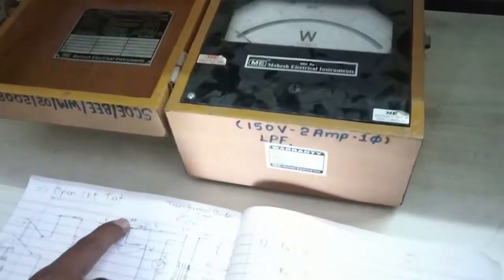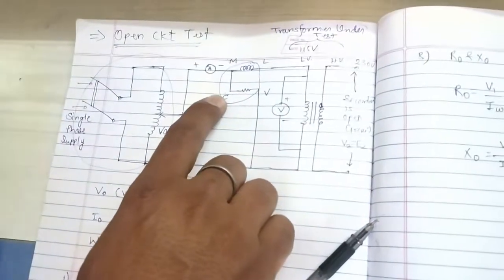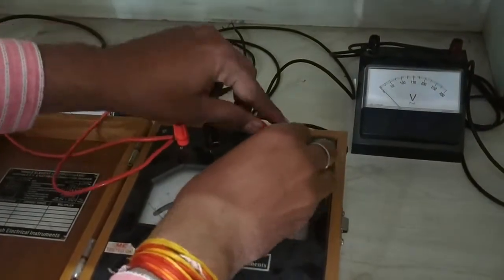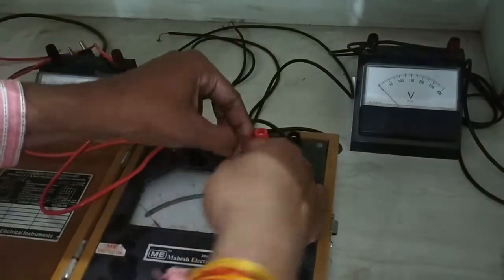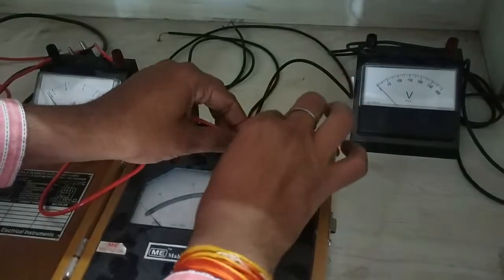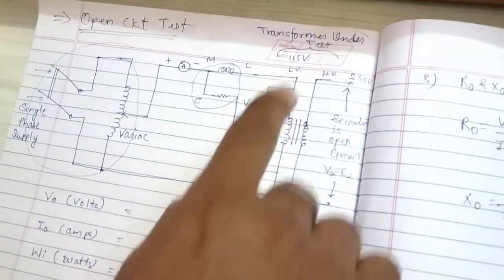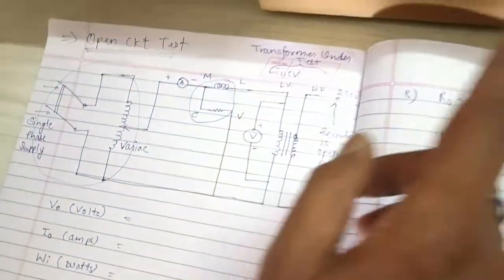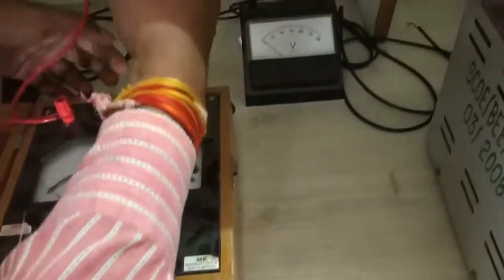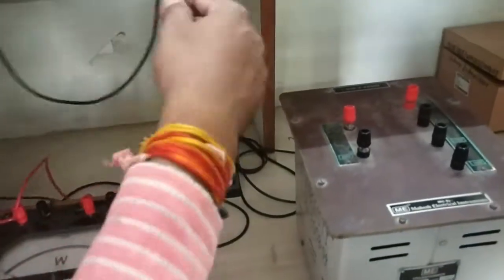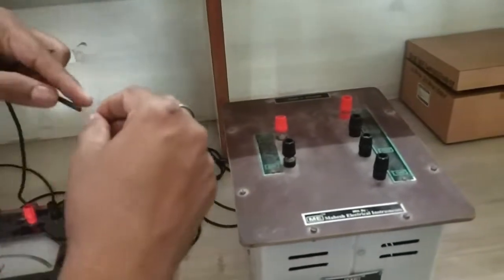Now next, M is short circuited with C. So we will short circuit M with C. So this is the C and this is M. So we will short circuit this one. So this is short circuited. Okay, now see, this L goes to the transformer primary winding. This is the low voltage winding. So the wire of L is connected to the primary positive.